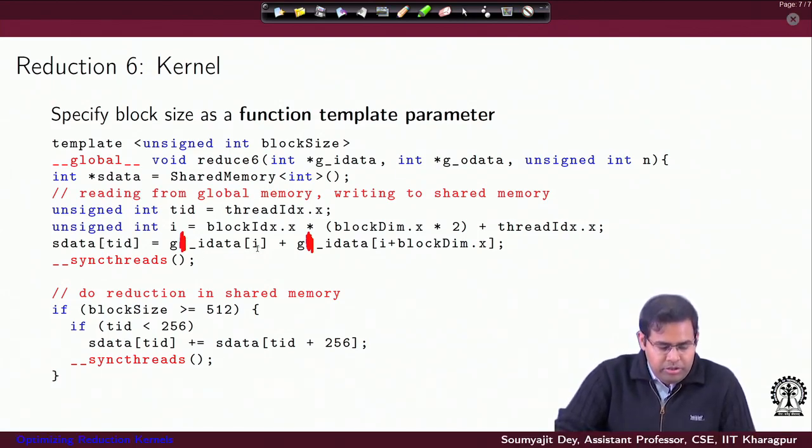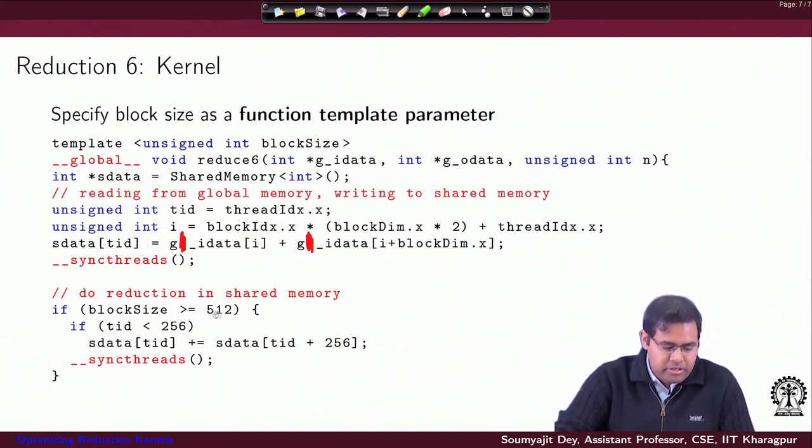You are computing the sdata thread ID locations here, and then you do the reduction in the shared memory using a sequence of if else blocks. So, you check what the block size is, and based on that you get into the corresponding part where you start to do the reduction.